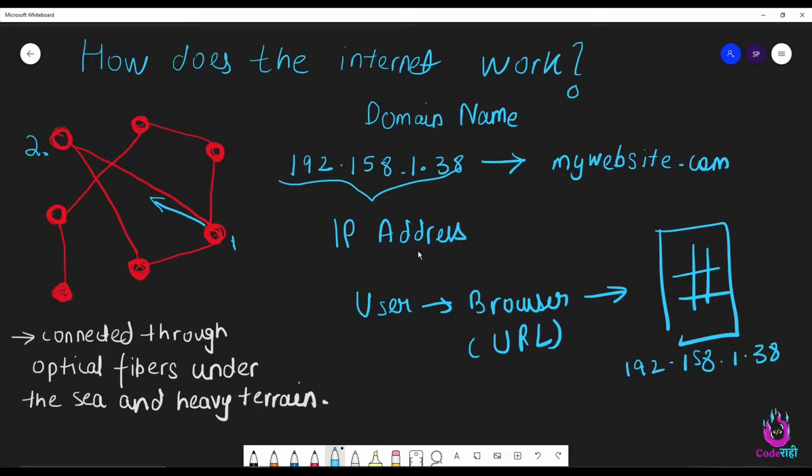but you as a user will never remember these kind of addresses because they are long and they're like phone numbers of people. You remember the name of the people, but you don't remember their phone number, right? So a better way is to remember the domain name. So this is called the domain name of the website, and domain names are generally catchy and people remember them. And there's always a mapping between domain name and the IP address. So you as a user will type the domain name of this website, and your browser needs to know the address of this website. So how does this resolving works?